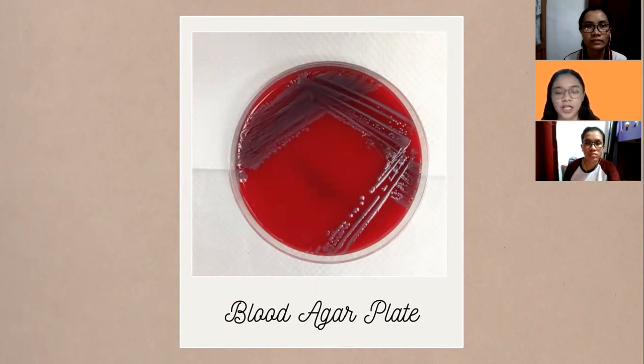The second one is the blood agar plate. Blood agar plate is both an enriched and non-selective medium. Enriched because it provides an extra nutrient environment for microbes, and non-selective because it supports the growth of a wide range of organisms. Blood agar plate is also considered a standard method for the analysis of food samples. It is often used for the preparation of Salmonella typhi antigen. It was mentioned earlier that the colonies on the blood agar plate are white-gray bacterial colonies. Next.